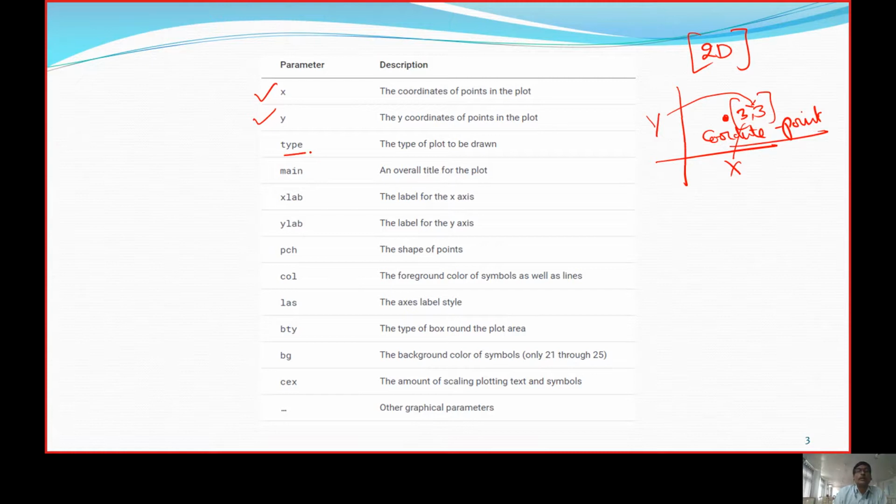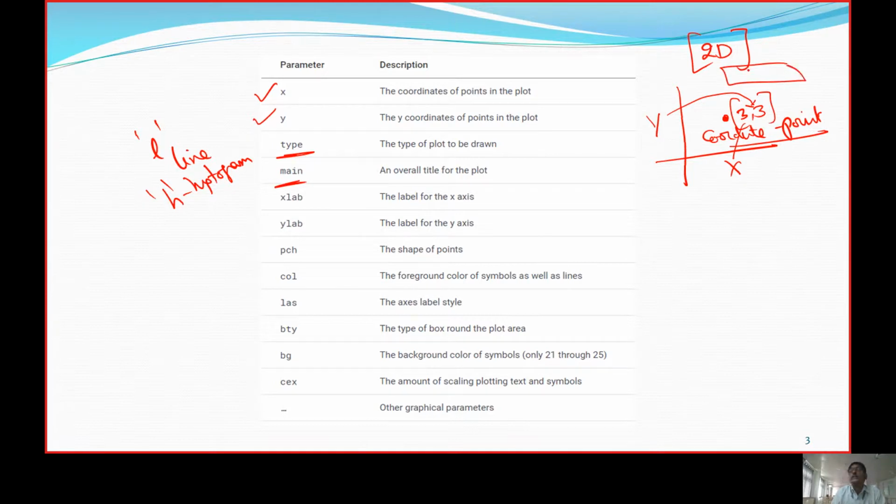Next one is type. If the type is l, it draws with a line, and if the type is h, it goes with the histogram. In this way, we mention the type. Next comes the labeling part.